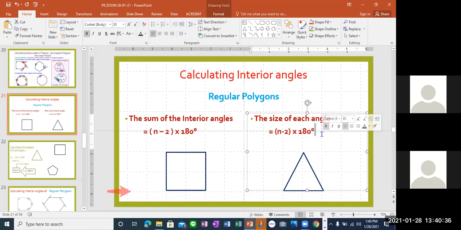Erin, what is the answer in number 1 for the square or the equilateral polygon? So that there are 4 sides. If there are 4 sides, you're going to